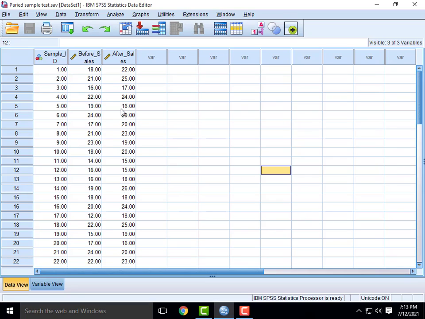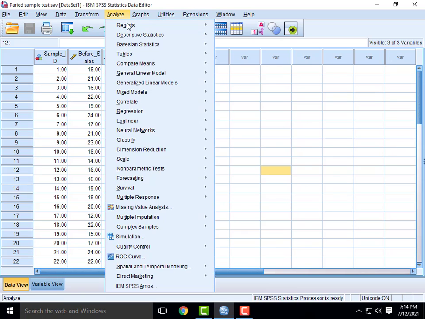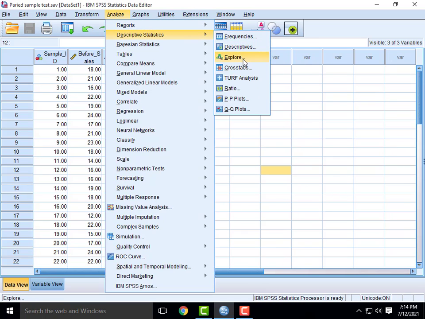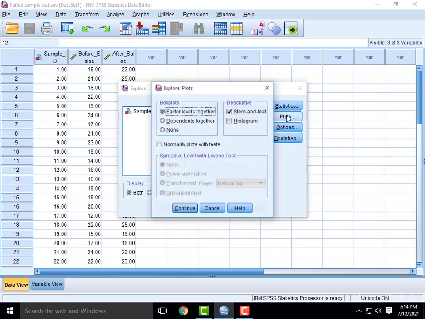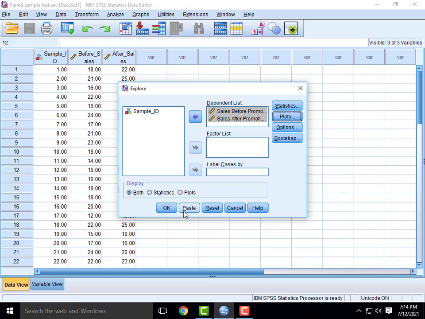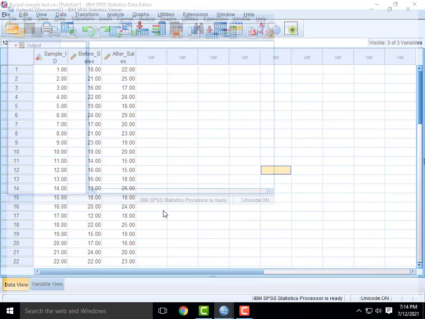Now we can check the normality of the data. Go to Analyze, Descriptives, click Explore, and move the before-sales and after-sales values to the dependent list. Click Plots, click Histogram, and choose Normality plots with tests, then Continue, then click OK.